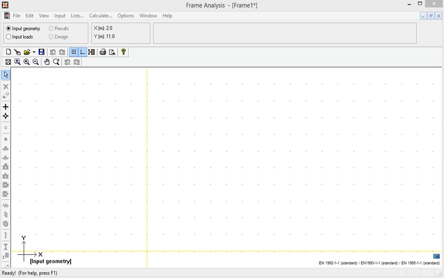Frame analysis. Video 1. Geometry. With frame analysis, arbitrary planar structures can be analyzed according to both first and second order theory. With access to any of the associated design modules for concrete, steel or timber, a design in accordance with current